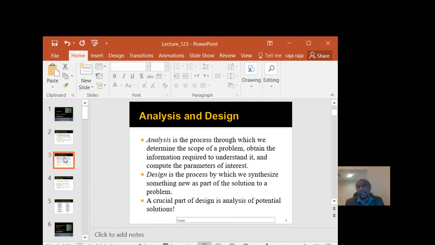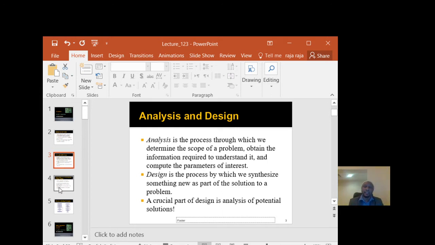So here we see many technical problems in the world. We can find a solution, but many people find different solutions. For example, with the COVID medical issue, many people are finding injections and vaccinations for COVID, but which one is the potential solution? Which one is more optimal, very good? That is still under research. Like in electrical engineering, we have to find a solution for the problem, but a very critical part of design is the analysis of the potential solutions.